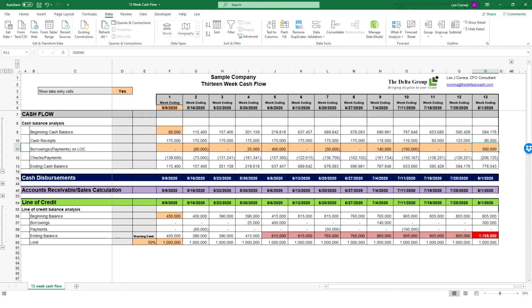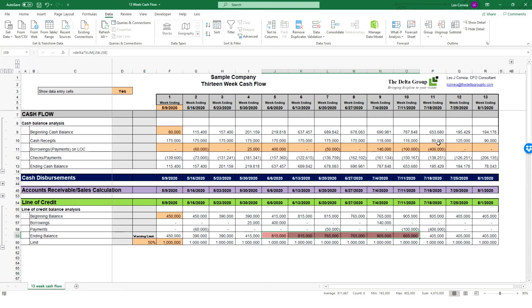So in this case, I have too much cash, so I may not borrow anymore. So I'll zero this out in week 13, and I get to keep my balances in line. Now, if I happen to pay down $400,000 on my line in week 11, you can see that I've identified my stress points as between weeks 5 and week 10 as to where I'm starting to get up on my line of credit. So we have these conditional formatting features in here that allow us to see what's going on